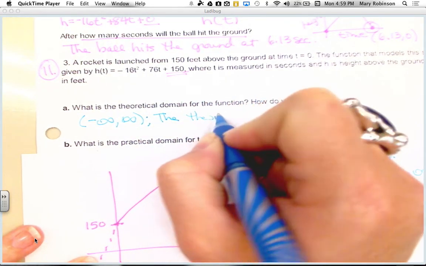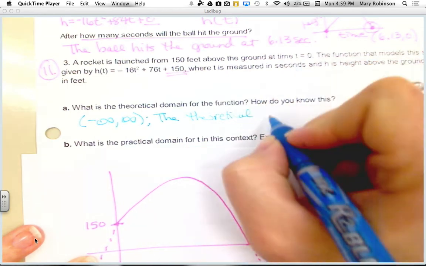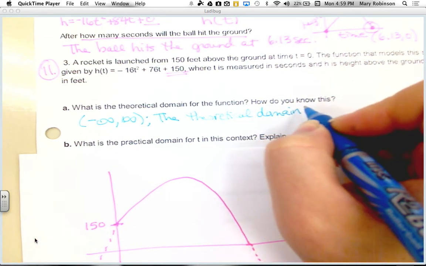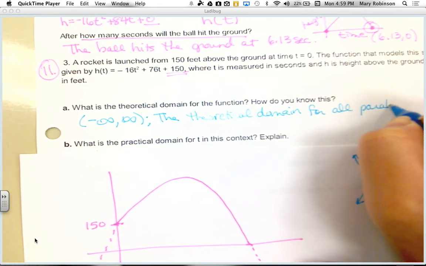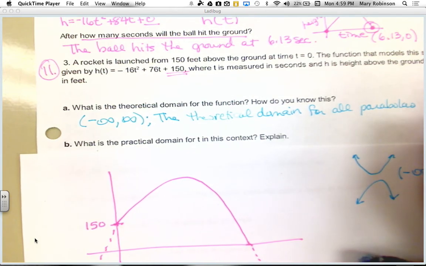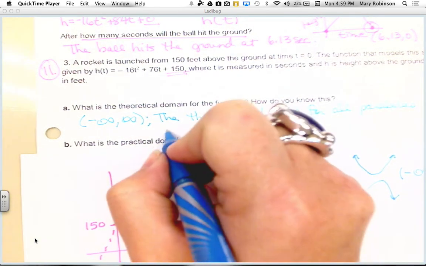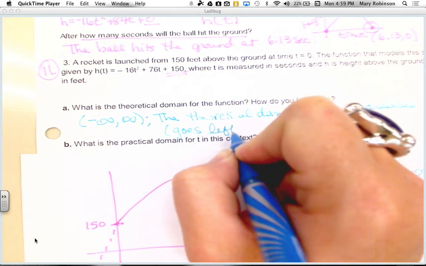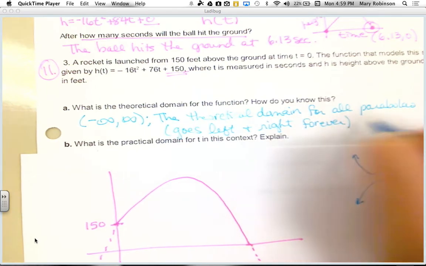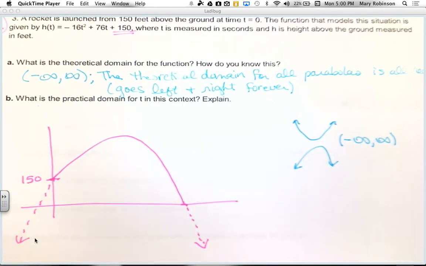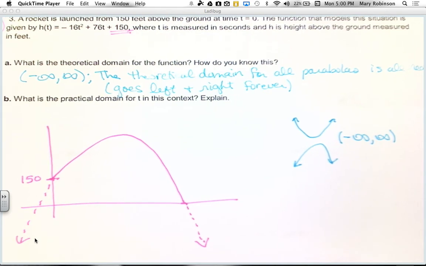The theoretical domain for all parabolas is all reals, meaning it goes left and right forever. Left and right forever in theory, right? But when we apply quadratic functions in the real world, we don't have a forever in real terms. So if we think about this rocket,